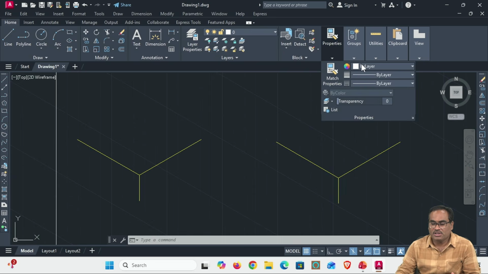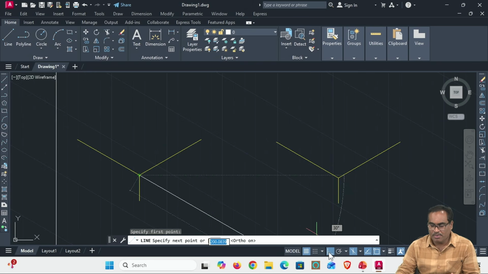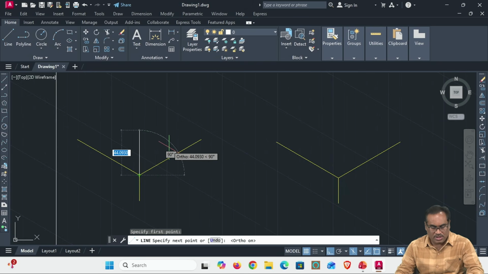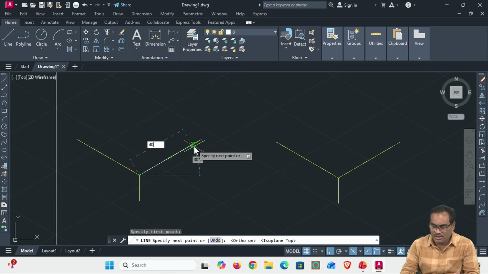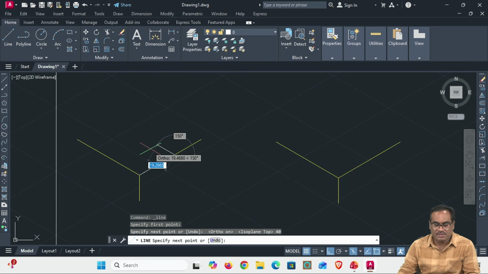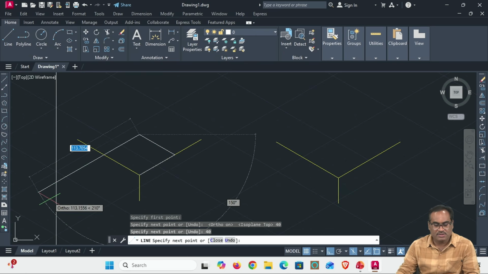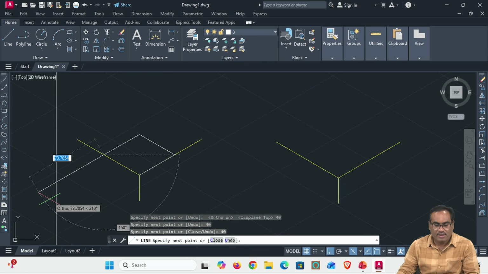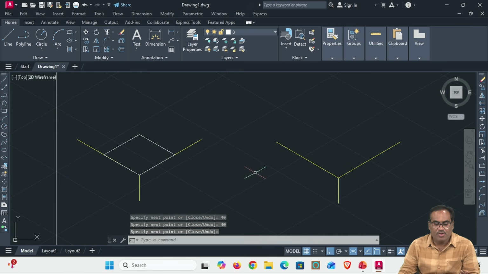So okay, now change the color by layer. So take a line command. So from here 40. Okay, keep a perpendicular option. So F5. Okay, so along this axis 40 mm, type 40, right? So next, in this direction 40. Okay, next this direction 40, and so this direction 40. So this is how you can draw a square lamina when a top view is given or parallel to horizontal